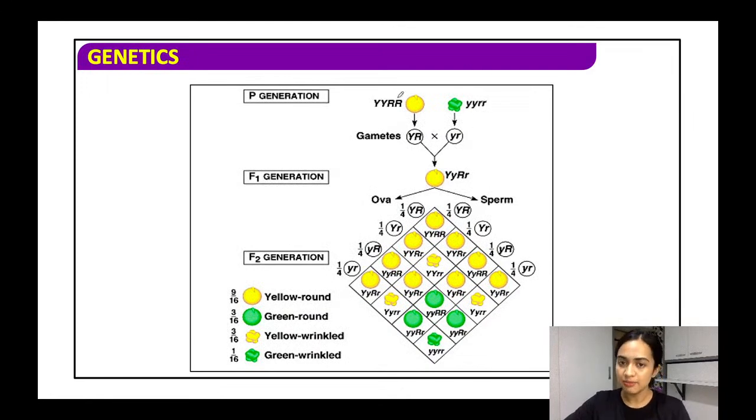So this is a complete overview. The P generation, or the parental generation, which had yellow round and green wrinkled, forms the gametes and undergoes fertilization, all right, and